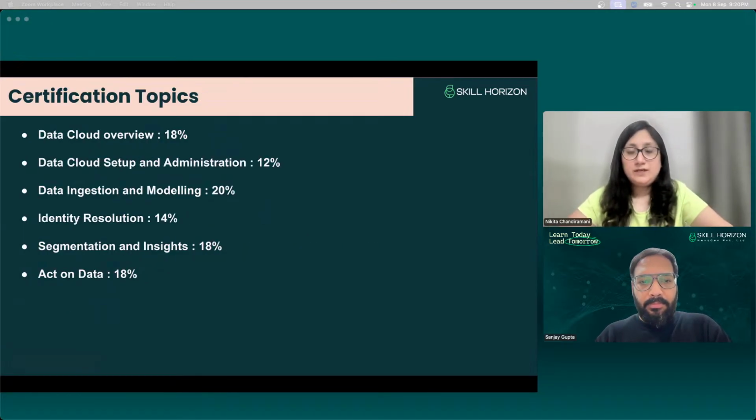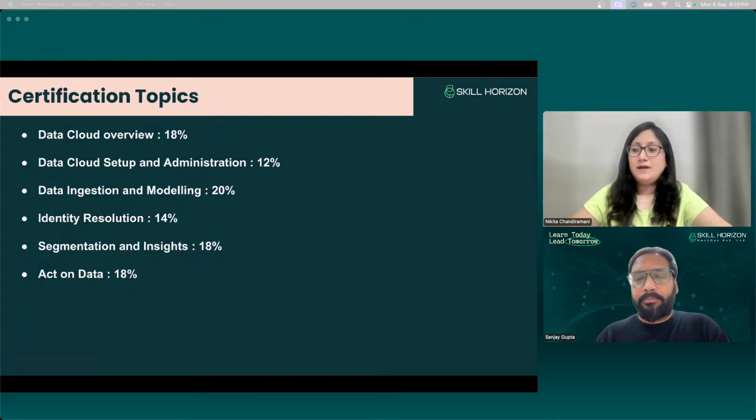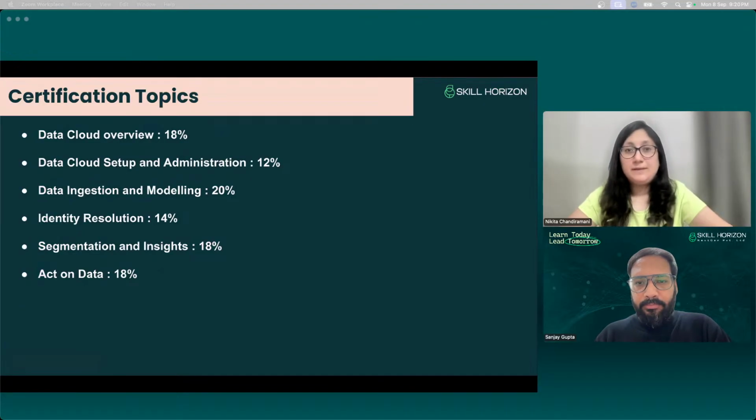Now we are going to see the percentage contributions of the separate sections in the Data Cloud Consultant certification. First is Data Cloud Overview, which will brief you on how we are approaching Data Cloud and what exactly lies within it.